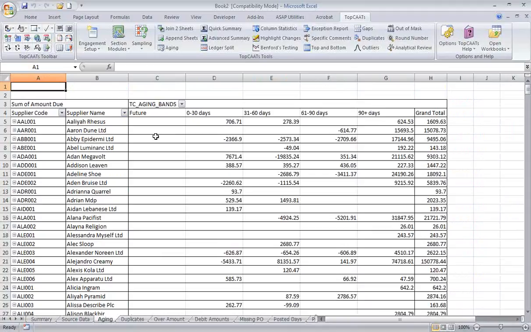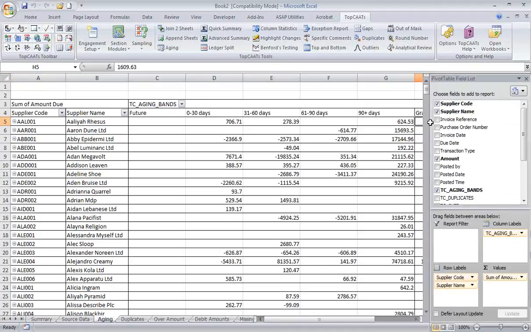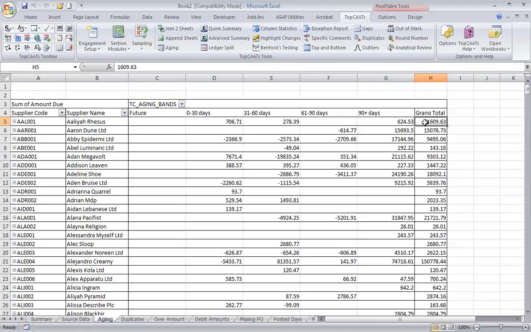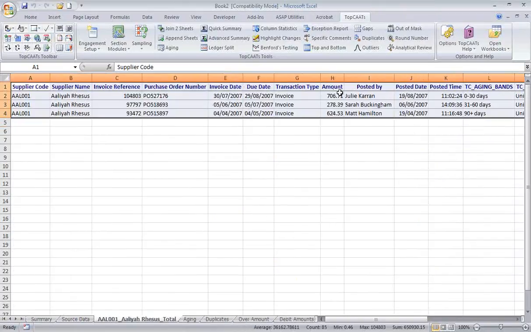So here's our aging, and TopCAATs makes extensive use of pivot tables because they make things really easy to visualize, and they allow you to easily expand and enhance on the analysis. For example, a standard Excel feature is the ability to double-click and see the transactions. So if I want to see the transactions that make up this total of 1,609, I can just double-click this cell, and Excel creates a new sheet containing the transactions that